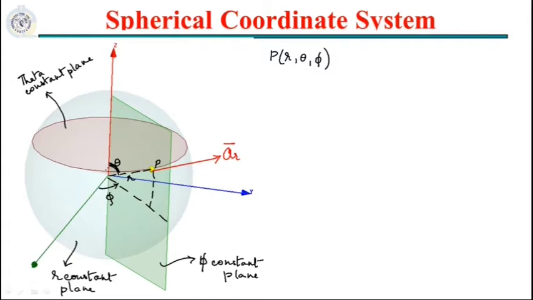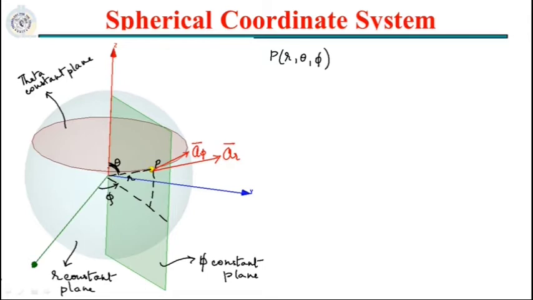Now this is a phi constant plane, and we know that phi always has a reference x and it begins from x and moves towards 2 pi. So its outward direction will be anti-clockwise, and so at the point, if I have to draw the phi unit vector, then I will draw it this way. So that is a phi bar.